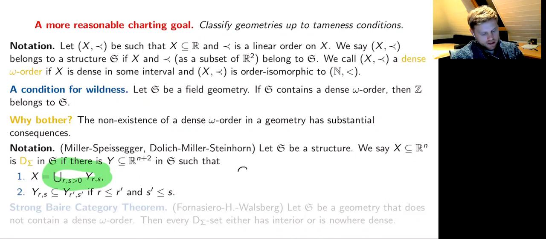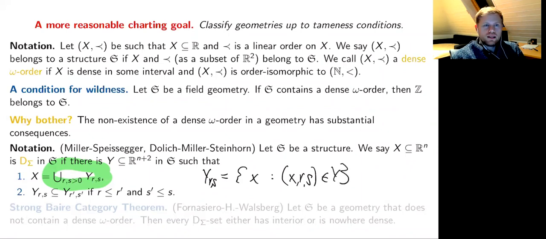So this is, what is it? Y_RS, I write this down here, is just all the X such that (X, R, S) is in Y. And so if these Y_RS form an increasing-decreasing family, you have to say what that means: if you increase R, then the set becomes larger. If you increase S, the set gets smaller. And if X is the union of such things,